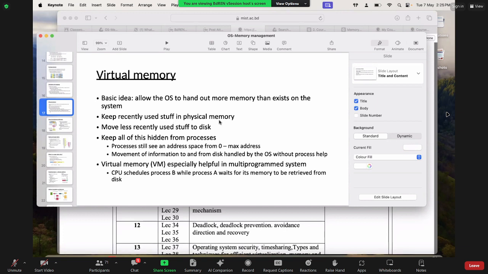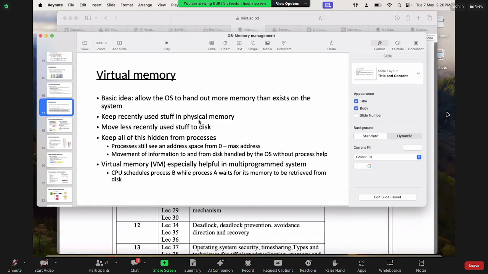So keep recently used stuff in the physical memory, and less recently used stuff on the disk. These two statements talk to one another. Just as an example, if you have a habit of reading books, whatever book you are trying to read, you keep in your bag or next to you, and whatever books you have already read or read very little, those will be kept separately at home, maybe in some other rack.